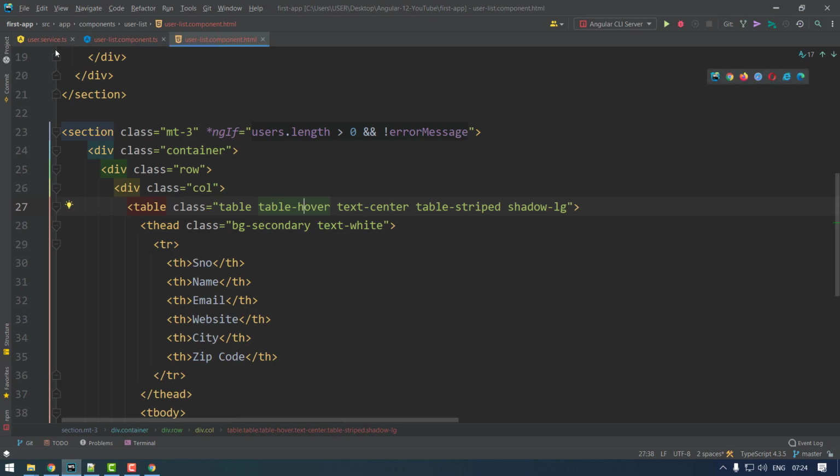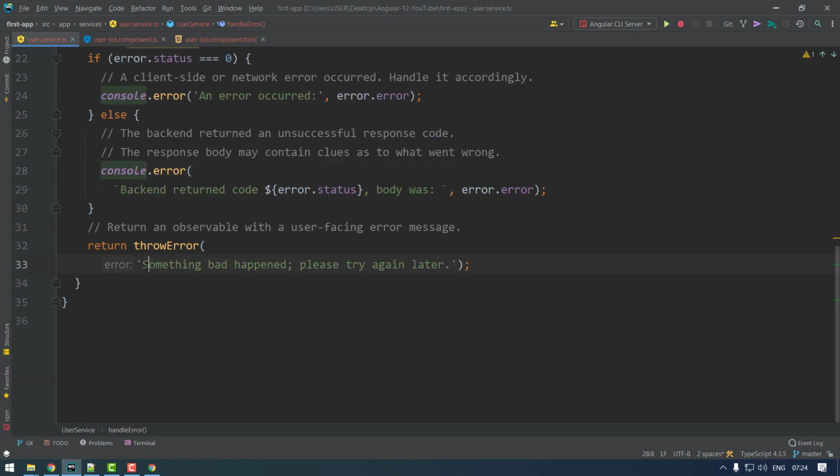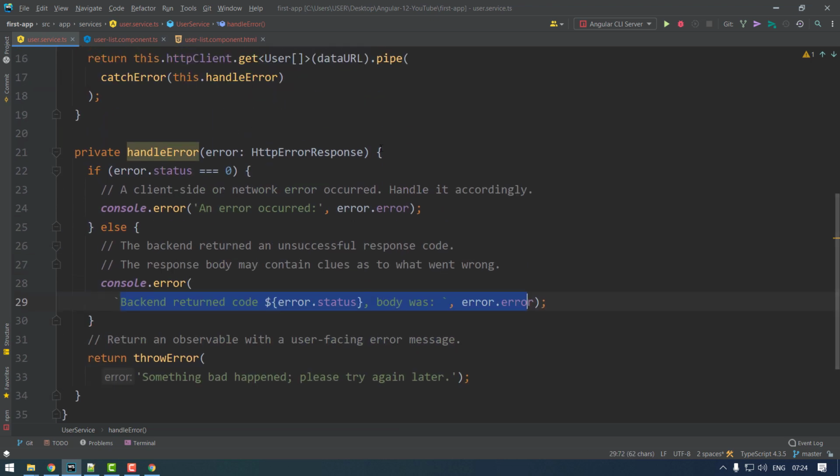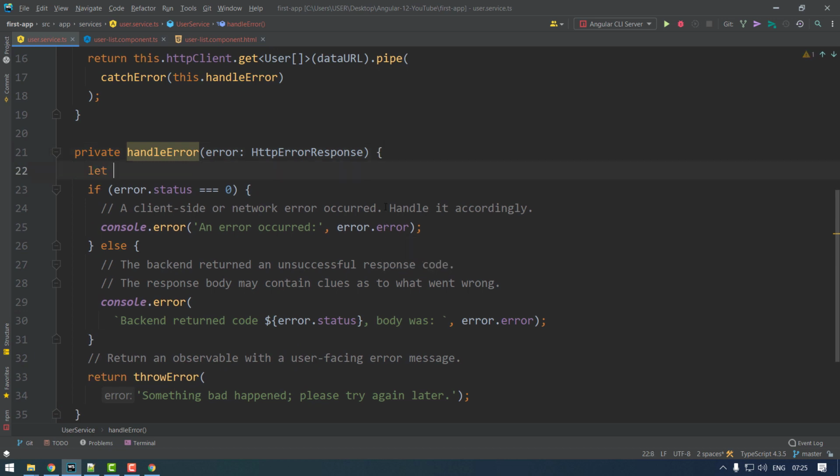And where is this coming from? Your service. So instead you want to print this type of error messages also. You may write something like this. Let's take errorMessage of type string is equal to an empty string, and if you want to add up all these things you can add.